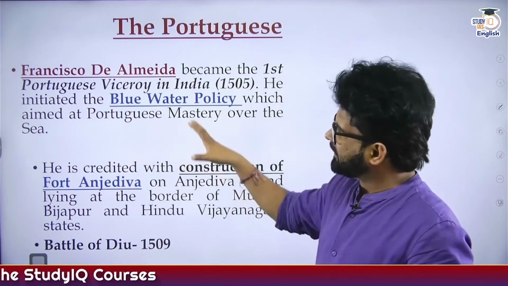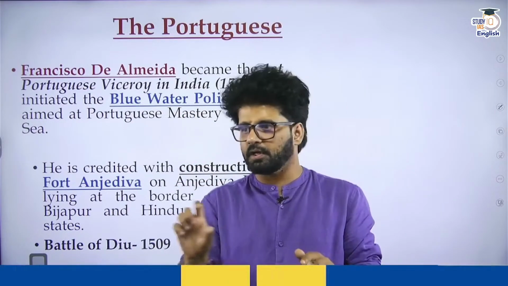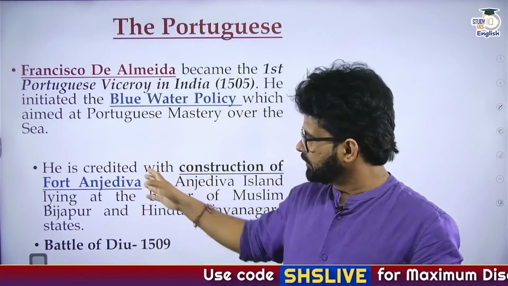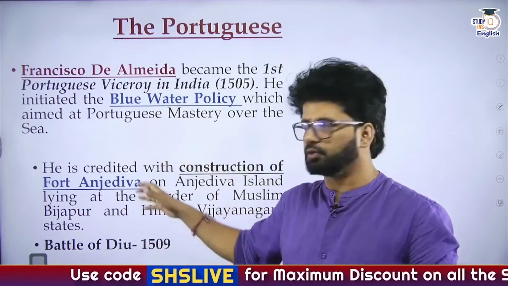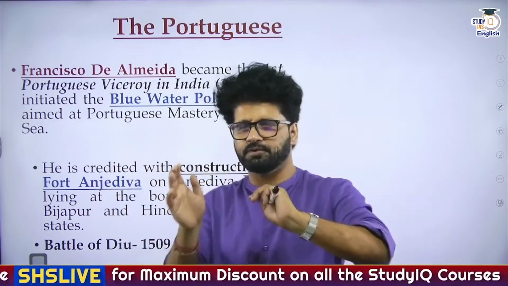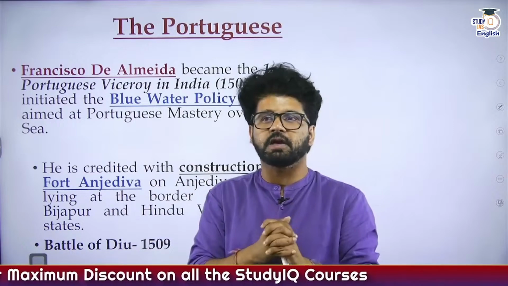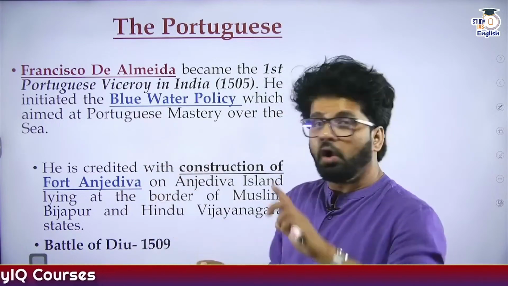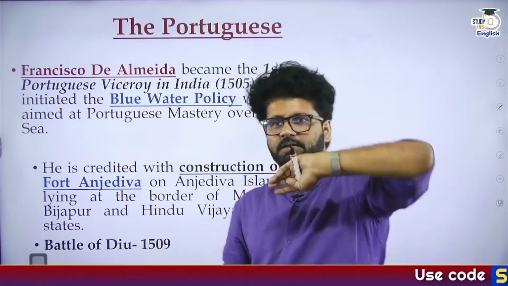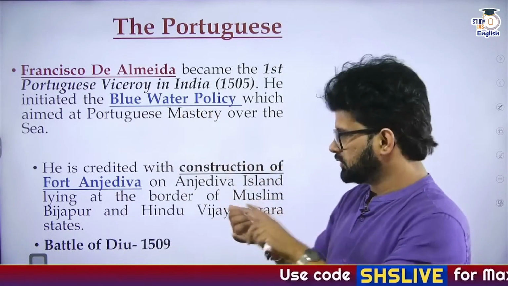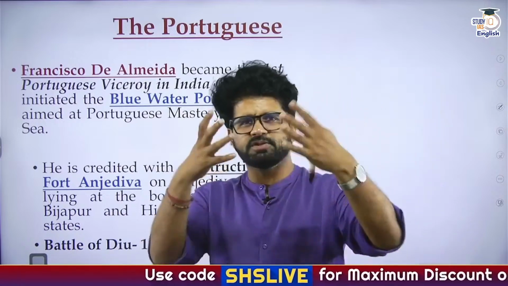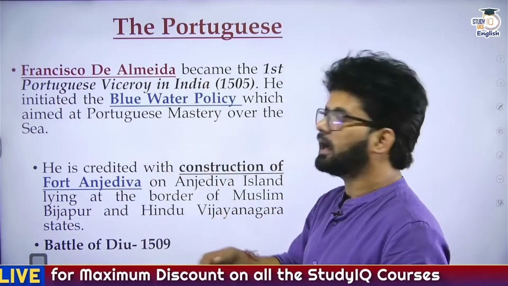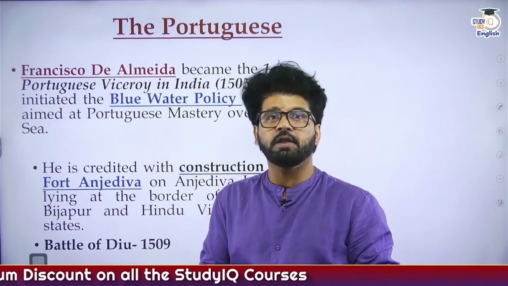And here, as you can understand, when these guys arrived they were making settlements, whether you want it or not. So the people on the coastal areas, or the kingdoms in the coastal areas, which includes a major portion of the Western Ghats, started feeling threatened, be it the Zamorin of Calicut, or the Sultan of Gujarat, or even the people in Egypt. So they came together, the Sultan of Gujarat, the Zamorin, and some Egyptian king. All these people fought against Francisco de Almeida in this Battle of Diu, and they got defeated.